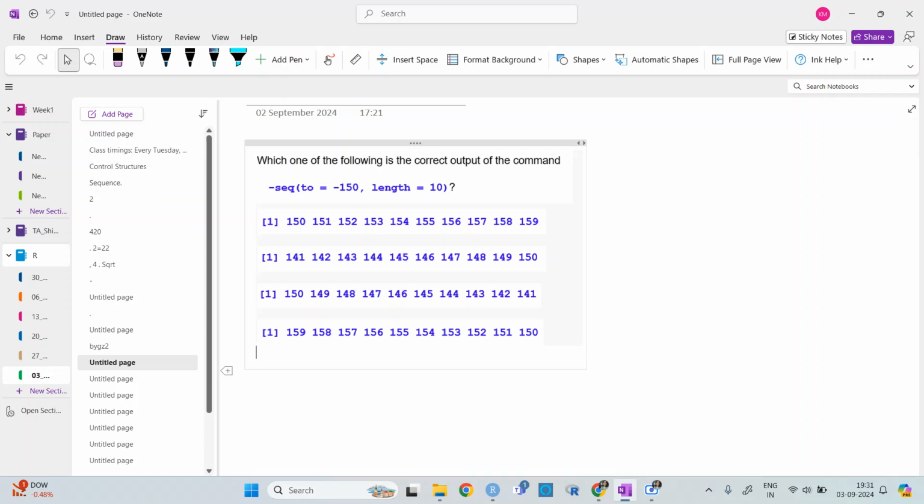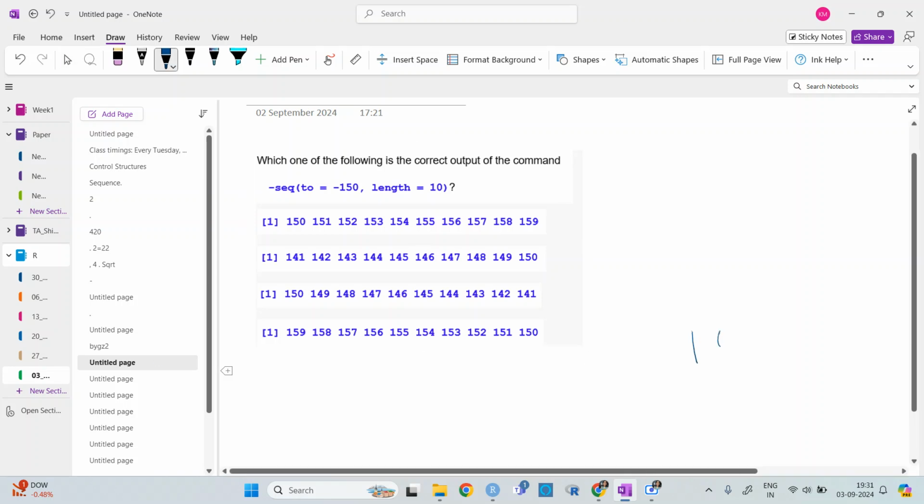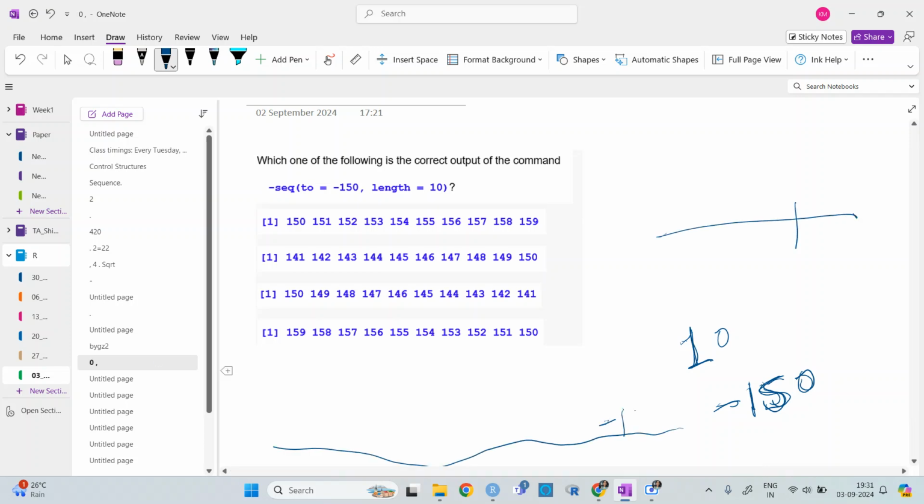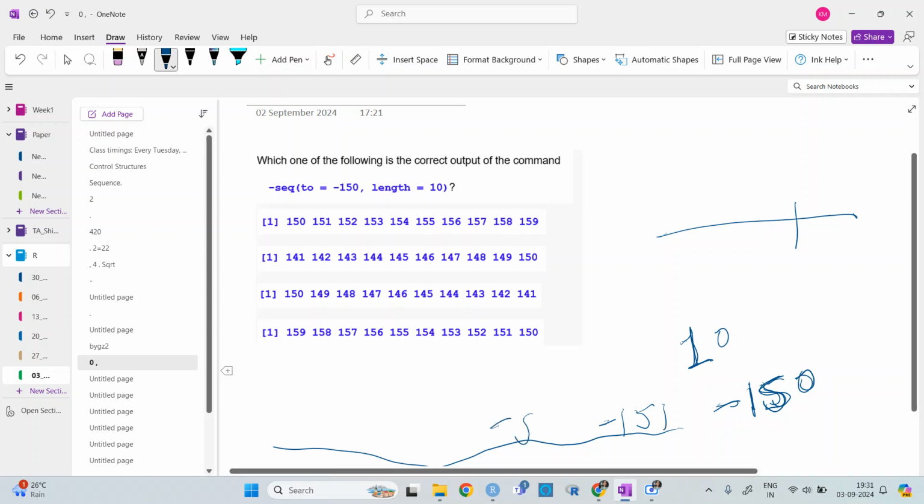Option D. Option D. Okay. So 2 minus 150, and the length is 10. So it needs to be minus 150, and since it will go this way, in the negative line we have the increasing one, so it is minus 151.